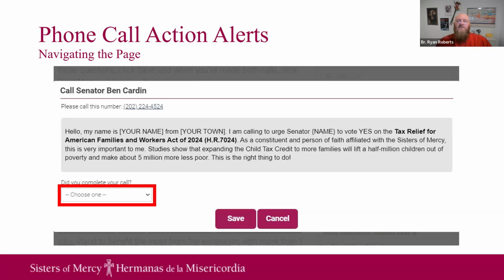It's a phone call. As Sister Sue said, we're familiar with making phone calls. You will often get to a staff member of the legislator that you're trying to reach. You very rarely will reach Senator Ben Cardin on the phone on a random Wednesday afternoon.